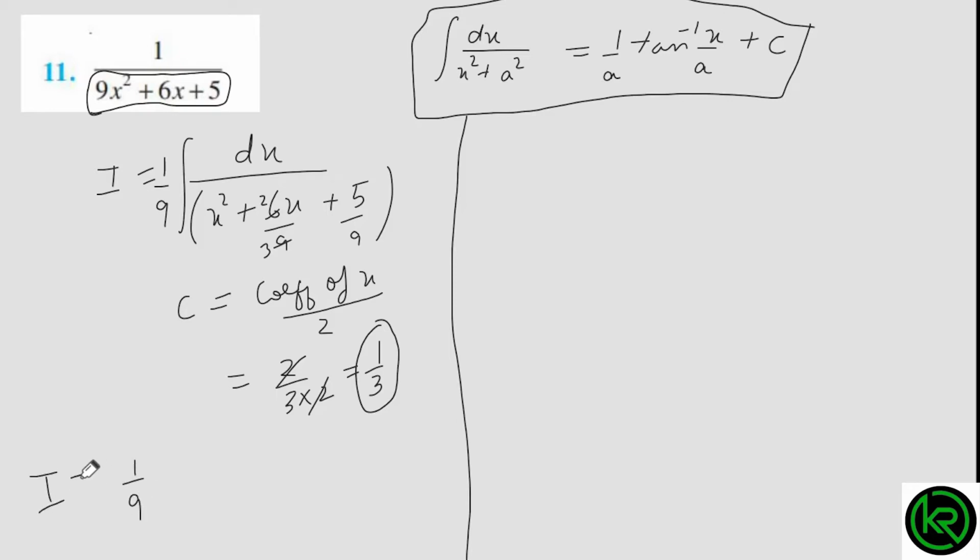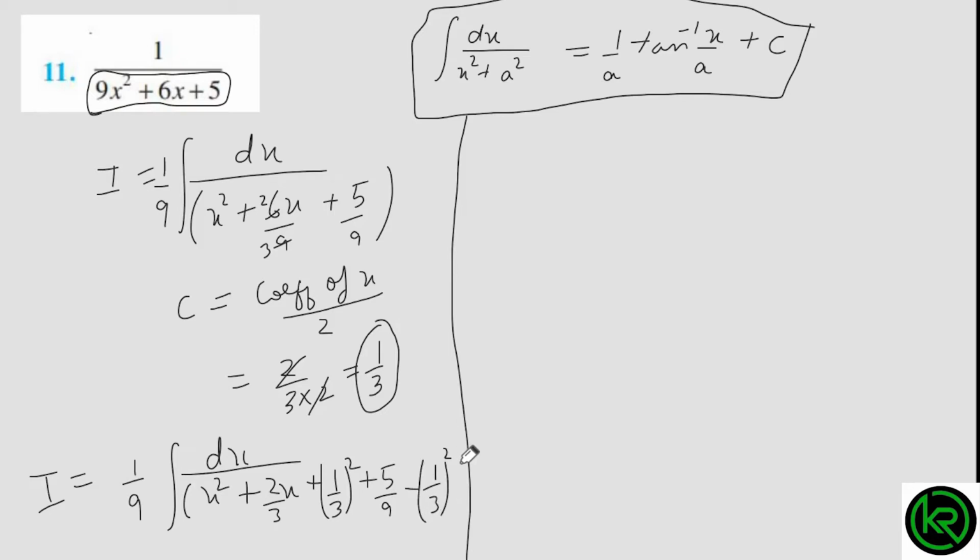So 1 by 9 ∫dx, and here x² + 2/3 x + (1/3)² + 5/9 − (1/3)². Okay, so now we are getting I equals 1 by 9